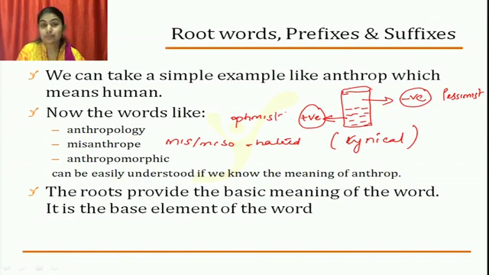Or change of shape, metamorphosis. In school days you might have studied the change of shape of a caterpillar to a butterfly. Caterpillar is of one shape, butterfly is an entirely different shape. Metamorphosis, the change of shape. So what is anthropomorphic then? Is it change of shapes of humans? Well,